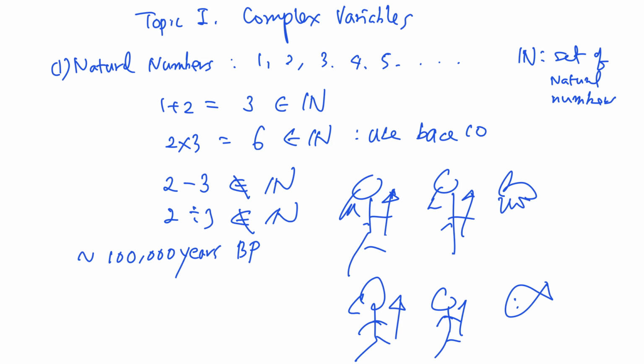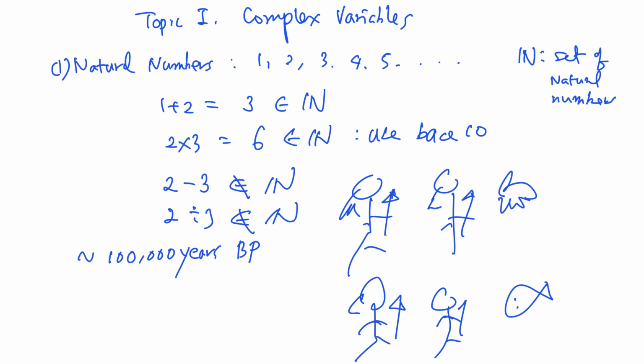Very simple. Any suggestions? If you have more than 10 rabbits to exchange with the fish for each one, what do you do? Bring your friends, right? One more person, you can count up to 20, right? So if you have more rabbits, like 23, what do you do? Bring more people, right? So at least one finger for one rabbit, one item each, right? That's the origin of the